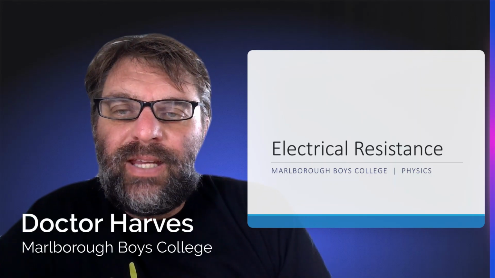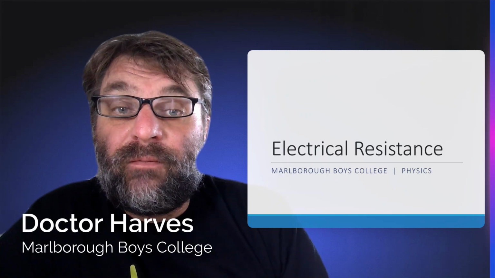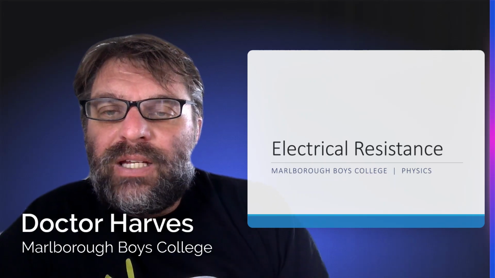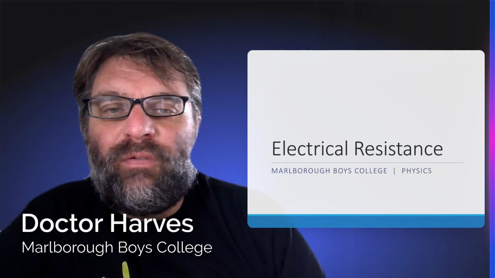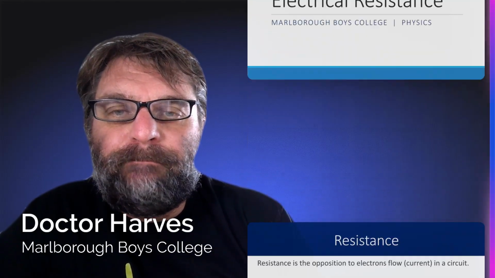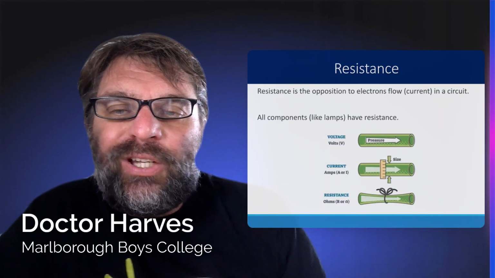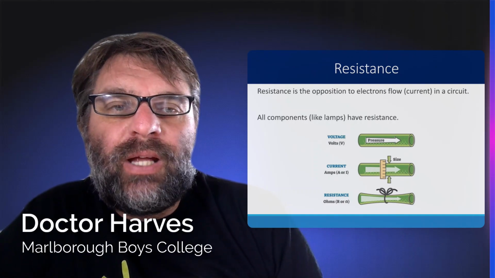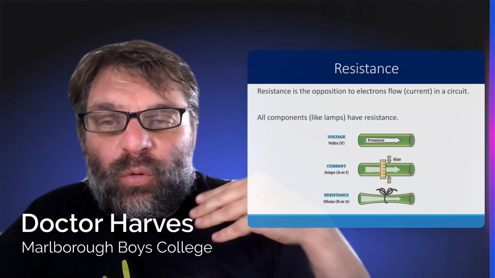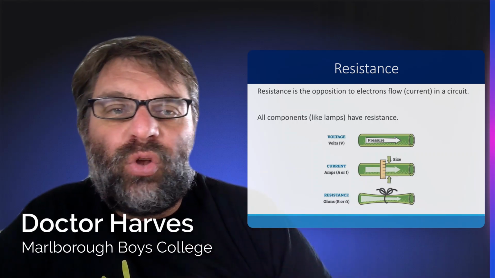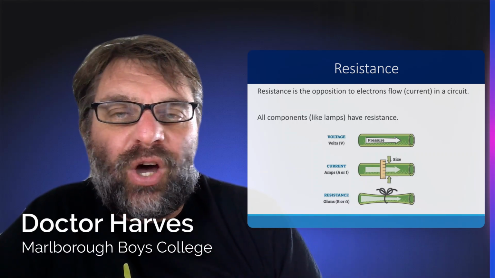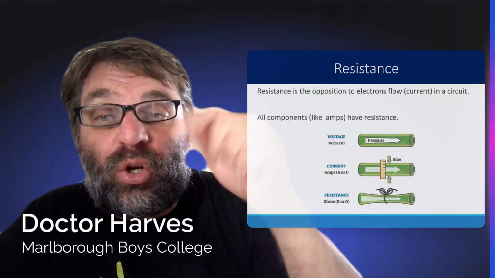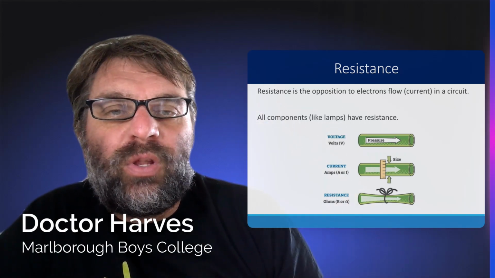Back at Level 1 NCEA Earth, Space Scientists and Physicists, continuing on with the energy standard, today looking at the concept of electrical resistance. So electrical resistance is basically the opposition components have for the flow of electrons through them inside a circuit. And it's important to note that every component, including the lamps that we've been working with, have